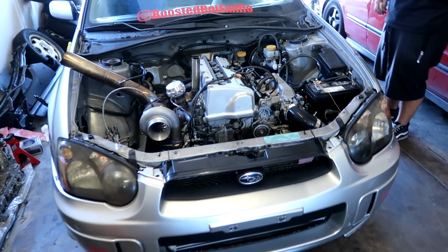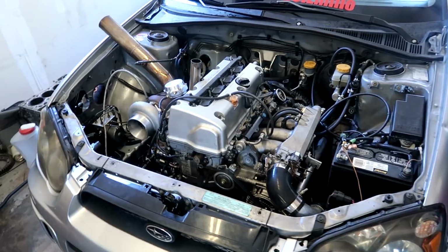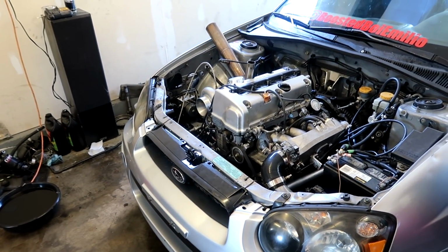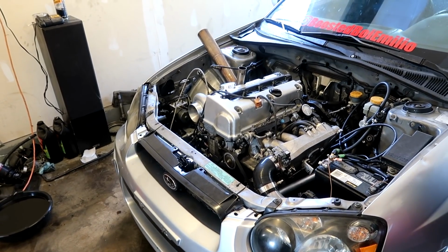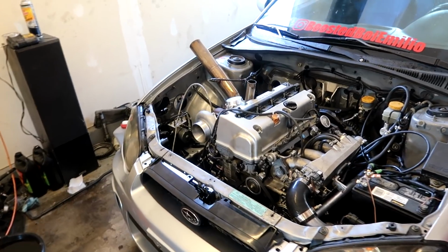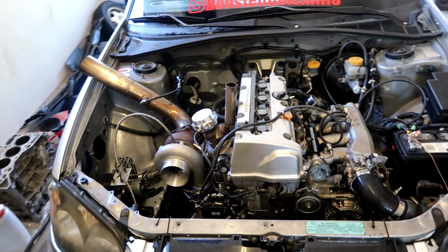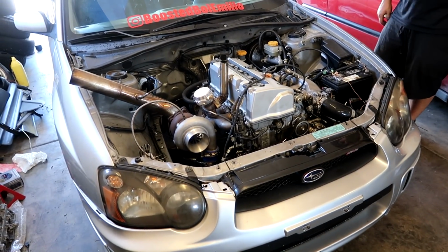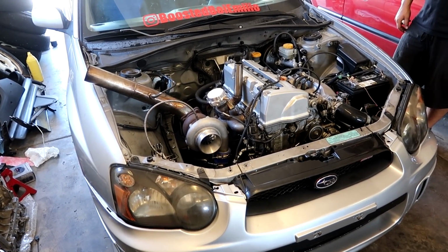We just got back in the STI. We took it to go get some food. We stopped by Atlas to talk to Brent for a bit. Actually, we just went to one shop, and we were seeing how much they would charge to rent their all-wheel drive dyno. We're gonna make a couple other phone calls to some other shops just to get some different prices, because the first one we went to, they're pretty pricey, and they have a 4-hour minimum rent time requirement,